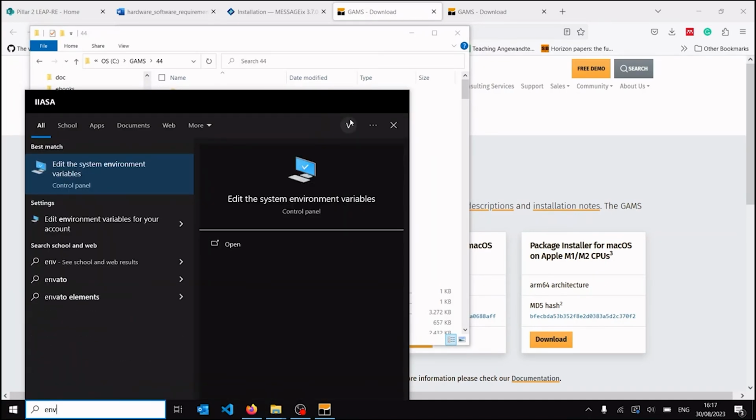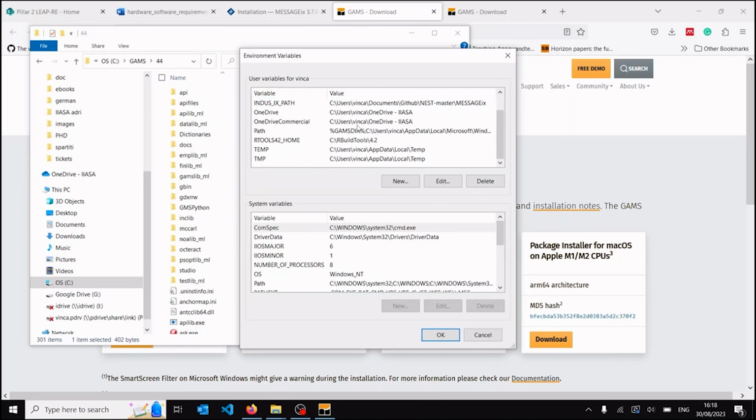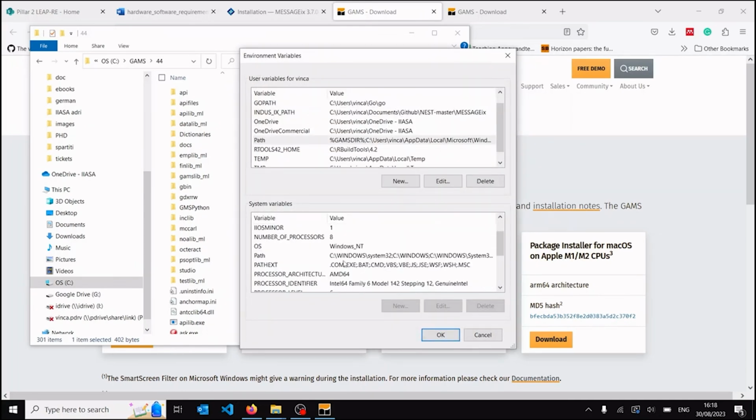One other important thing to check is that the path of GAMS has been defined in your environment variables. If you have installed with admin privilege, you check the system environment variables. If you're in a different user, you check the environment variables for your account, like in this case, and GAMS has been defined. It can be either here or within the path variable, like this is an older GAMS definition, or in the system variables. In this case, it should be here,